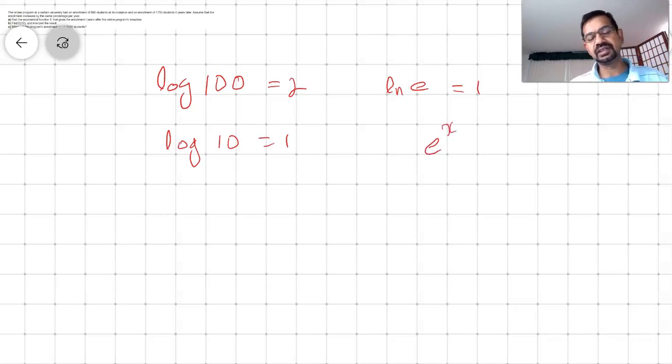So the question is asking to what power should we raise e to get e^x, and well, the answer then is simply x. So if we raise e to the power x, we get e^x. So we will use the interplay of these to figure out how to solve some